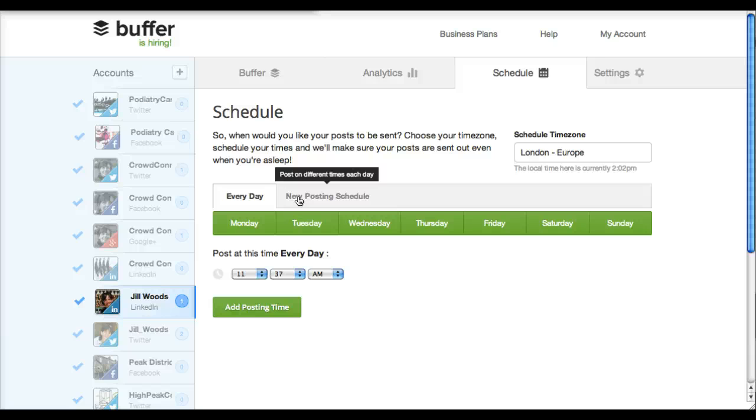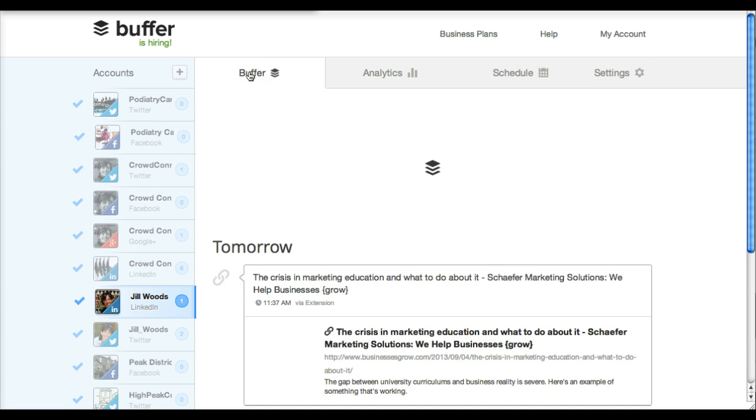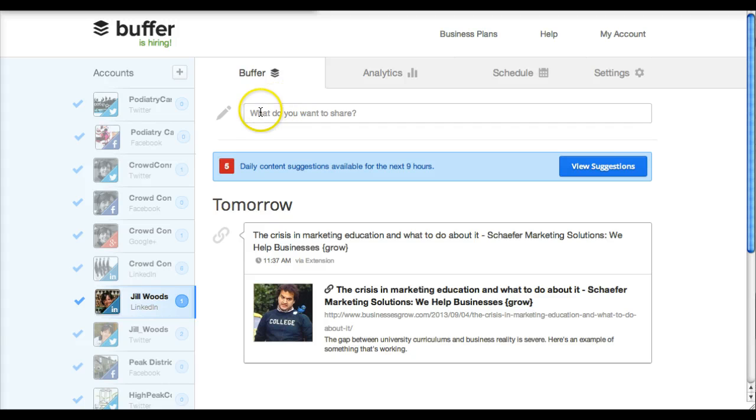And all that happens then is you create a Buffer list of things that you want to schedule and things that you want to share. Now obviously this can be things from your own website, or it can be material from other people's. It can be just a simple quote or something, a funny story you want to share. It really doesn't matter. But if you go back to Buffer here, this gives you the option to either write